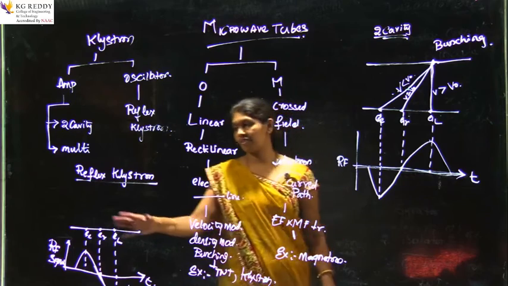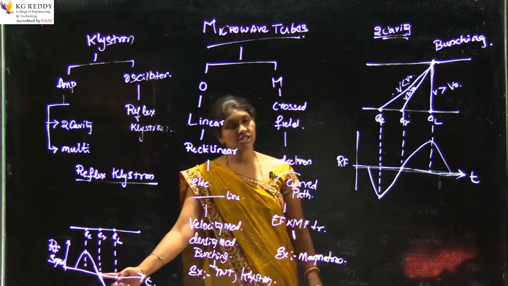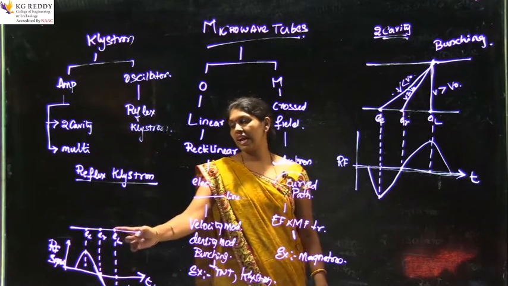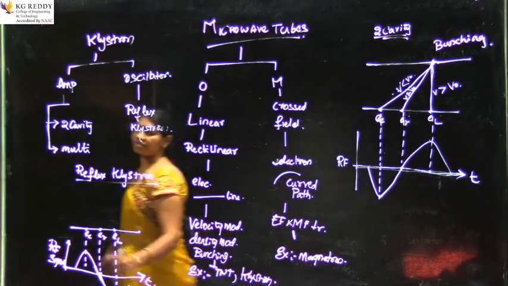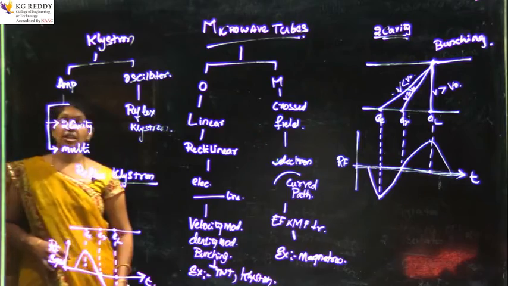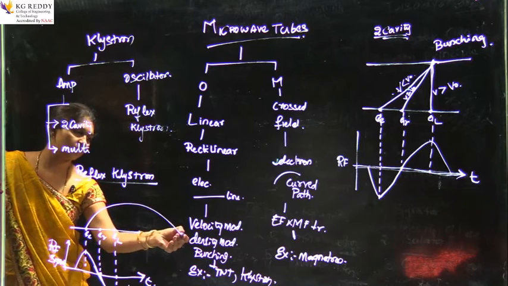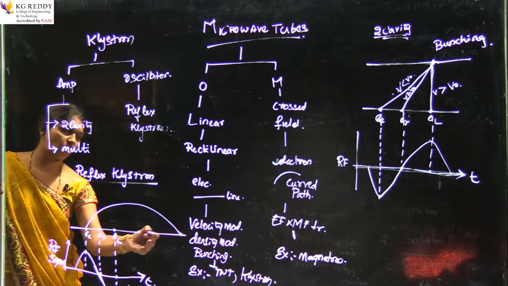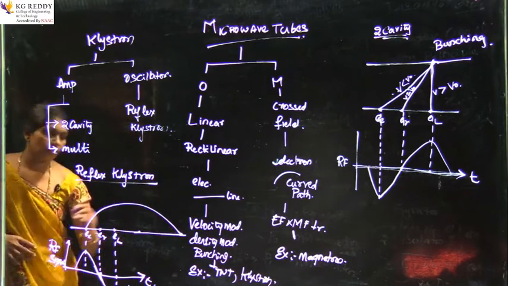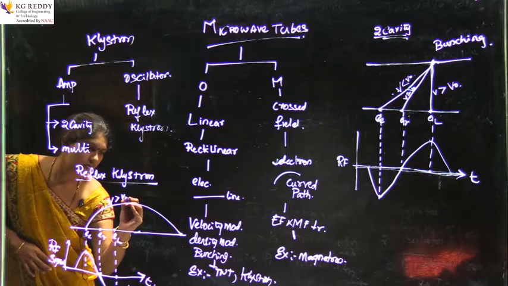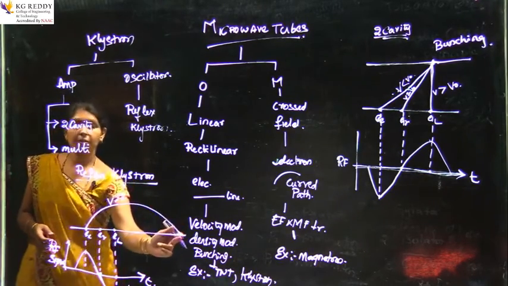So this is the principle of the reflex klystron. Here the early electron is subjected to positive RF, the reference is as usual subjected to 0 RF, 0 volts, and the late electron is subjected to negative voltage. Because the early electron is subjected to positive energy, it will move with high speed, so with great speed it will travel a longer distance. It will penetrate deep into the klystron. So V greater than V naught.